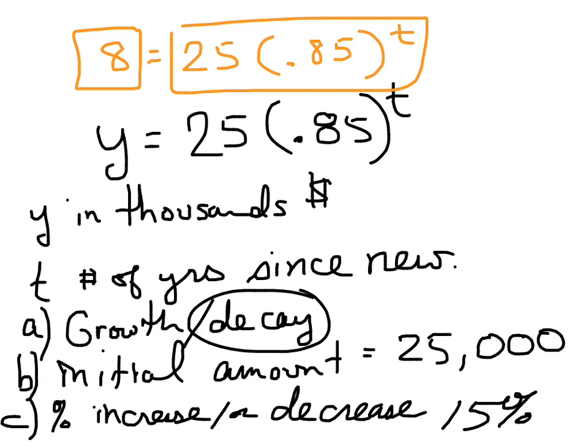Is this like part D? Yep, this is part D. I just can't fit it on the bottom of the screen. So part D would be figure out how many years it would take for it to equal $8,000. Sorry, I said the wrong thing. And again, when you get that,